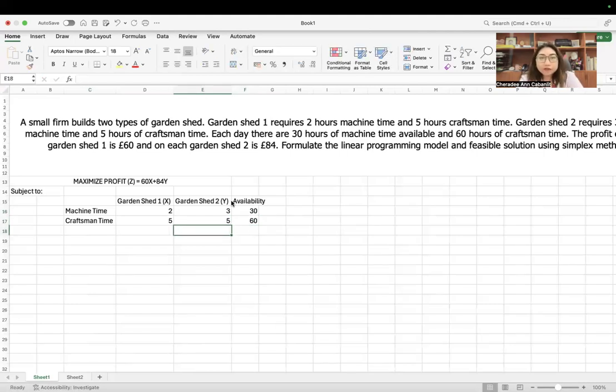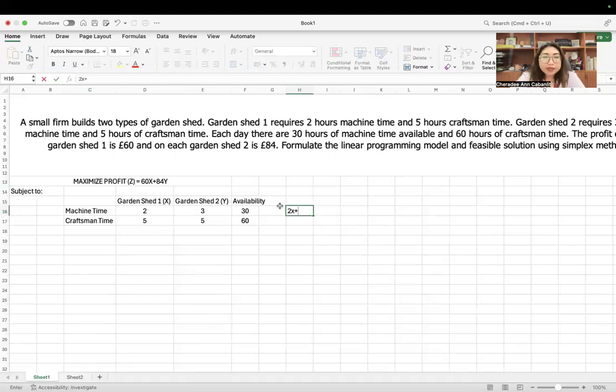So basically, if that's availability, automatically it's less than or equal to. And of course, don't forget your non-negativity constraint. So let's translate them into a mathematical formula. That means 2x plus 3y less than or equal to 30.